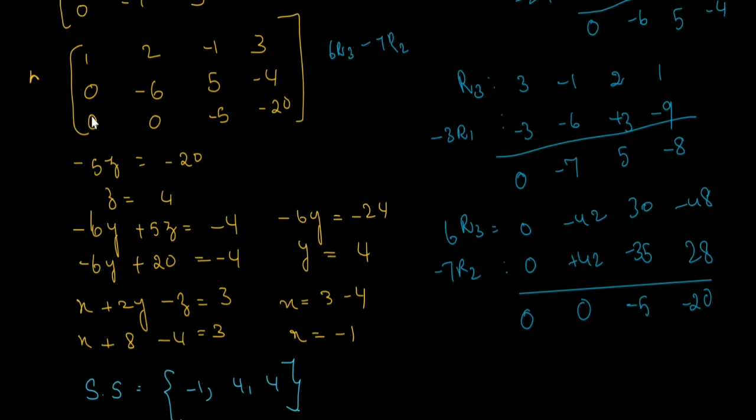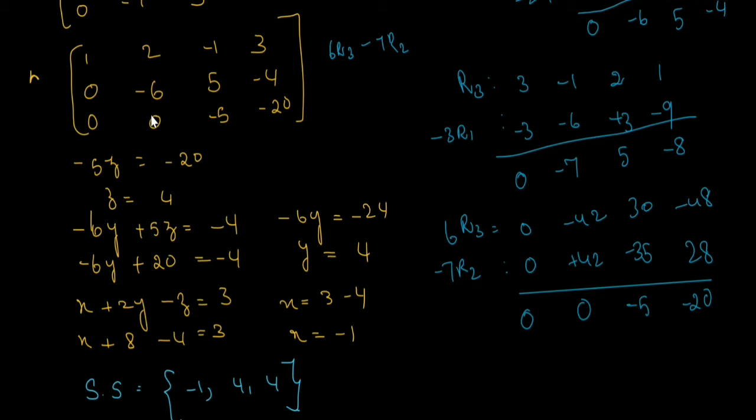So this is in the echelon form. Echelon form means first row, first element, this is a pivot element. Below the pivot element you should have zeros. So we got zeros here. Second row, this is the pivot element. Pivot element means the first non-zero element in a row. So second row, the pivot element is minus 6. Below minus 6 you should have 0. So we got 0. So that means this is in the echelon form.